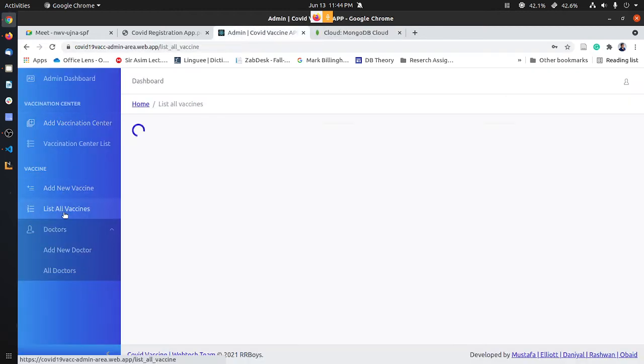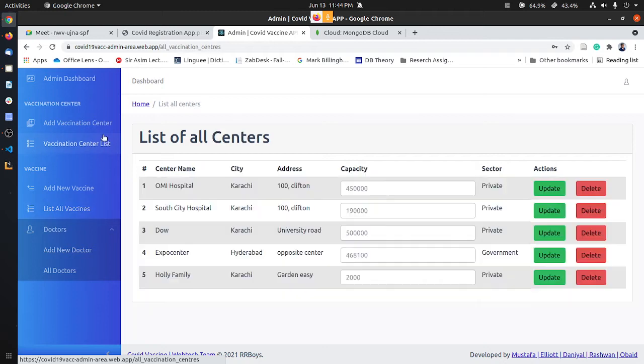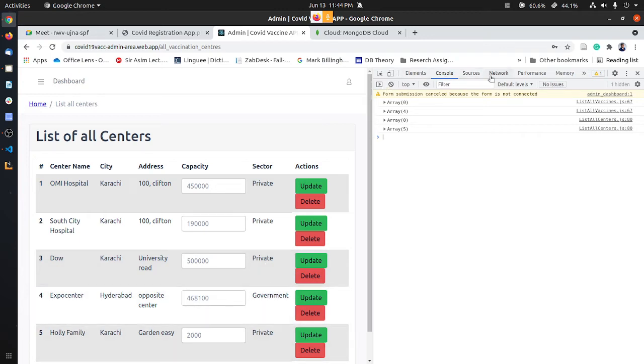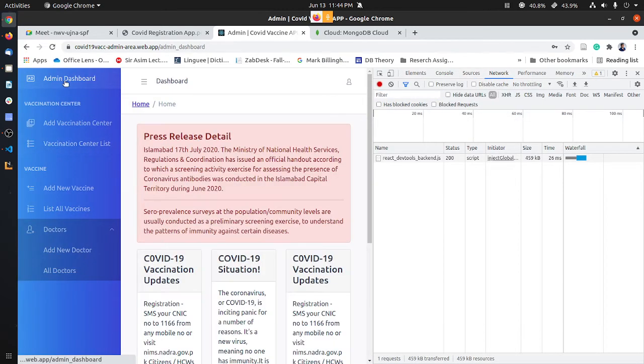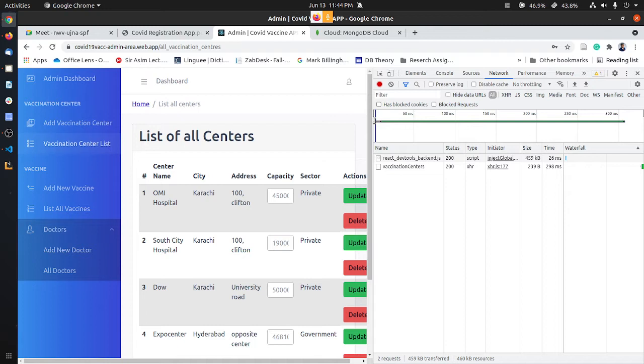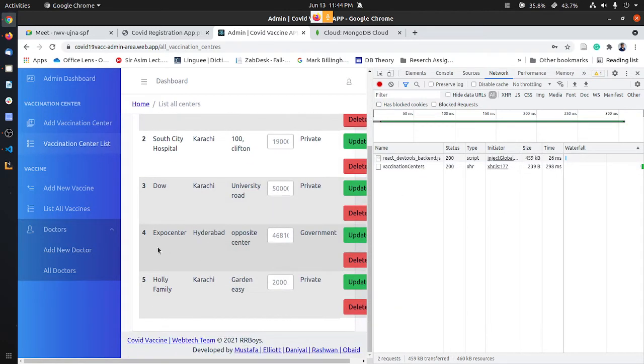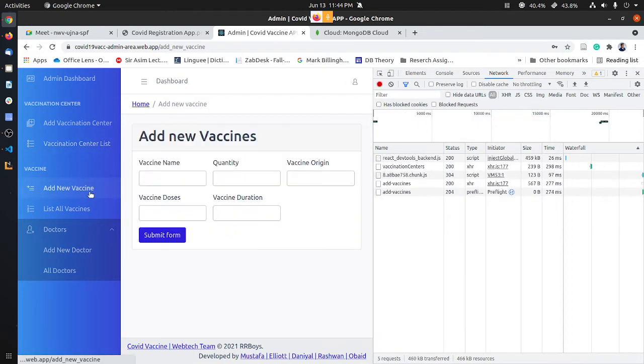Then we have the list all vaccinations. First, we need to see this is the hospital that I recently added, and it's coming from the server. Let me show it to you. Like in the network tab, we can go to the dashboard and hit this endpoint. Here we are having our vaccination center from the COVID decision app, which is hosted on Heroku, and the endpoint is admin vaccination centers. So from there, we are getting the whole list of the hospitals, and in the same way, we can add new